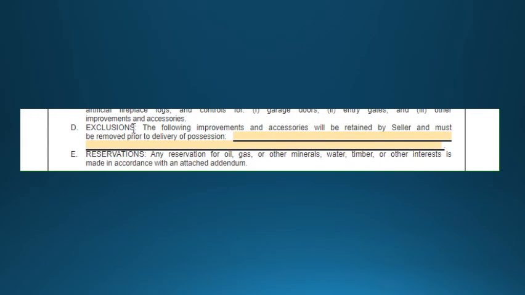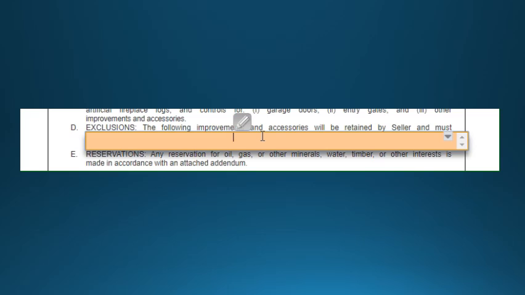If you have any exclusions, they're going to go here on page 1, paragraph 2D. If you have no exclusions, you'll write none. Some examples of exclusions would be perhaps a custom grill in the backyard. Maybe it has clearly a place that it's homed at, but it's not attached, and the sellers want to take that with them. Maybe there is a china cabinet